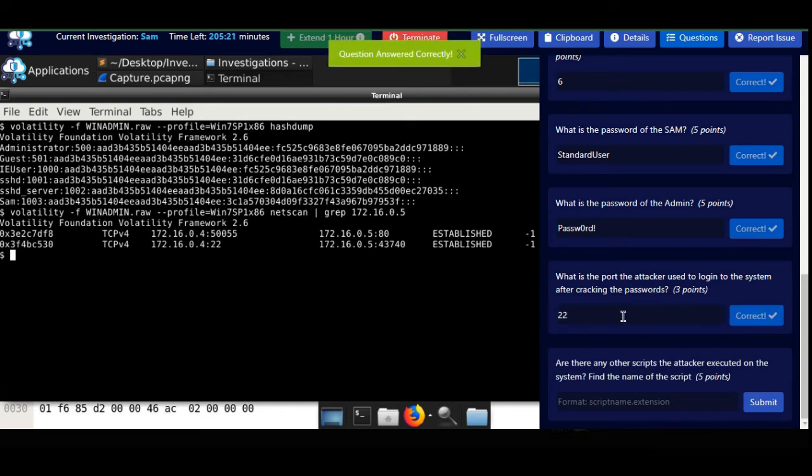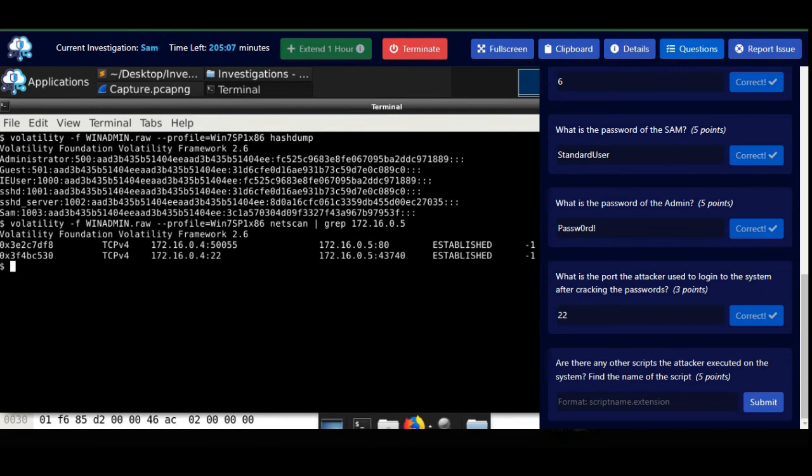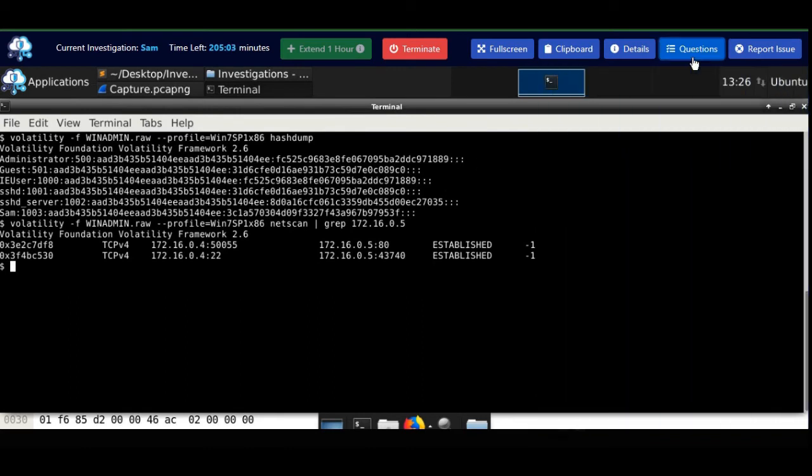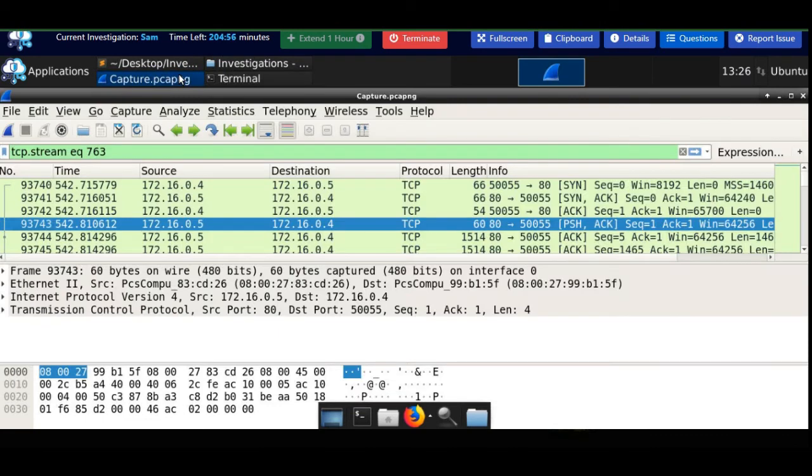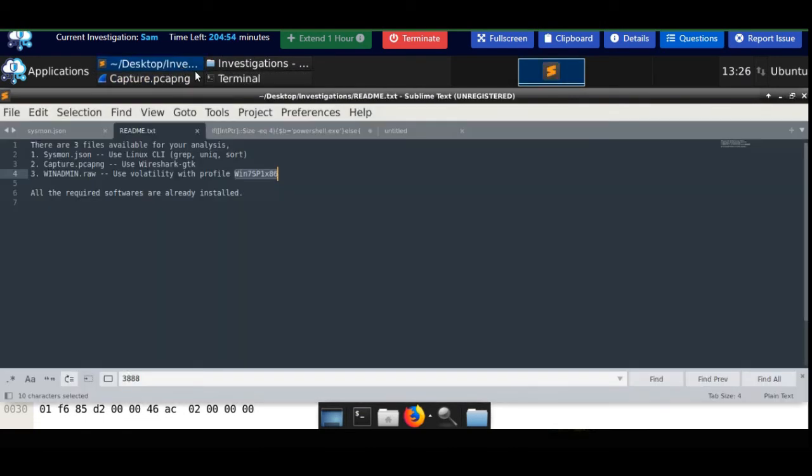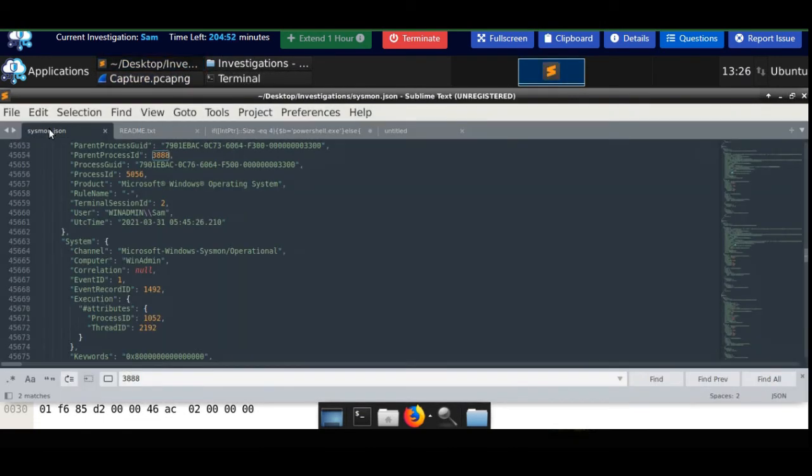Let's submit. This is correct. The final question is, are there any other scripts the attacker executed on the system? Find the name of the script. So from the PS list, we already saw the only shell that was run was PowerShell, right? So to identify how many times PowerShell was run and what scripts PowerShell was used to execute,